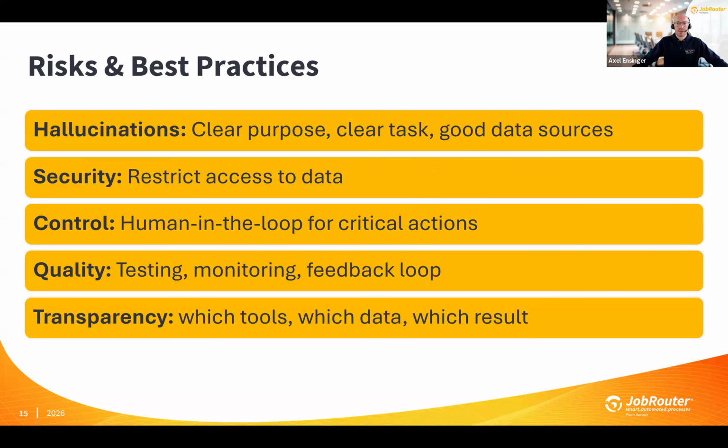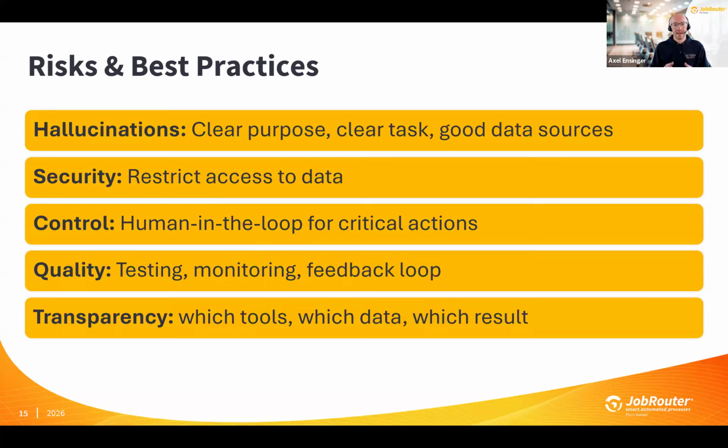So what are the risks and best practices? And that's the important part for us here at jobrouter. These are things where we really thought about how we should build it so that it's really stable and will be stable in the future to perform even critical business processes in companies. And the first thing I think is something that you all know: hallucinations. That's the point that the LLM will say something that maybe is not true. And this is something that you would like to avoid. You can't avoid it always, but you at least should reduce the risk of hallucinations.